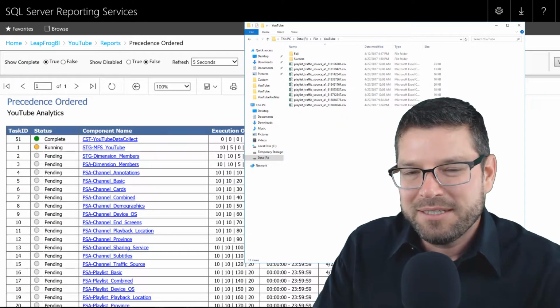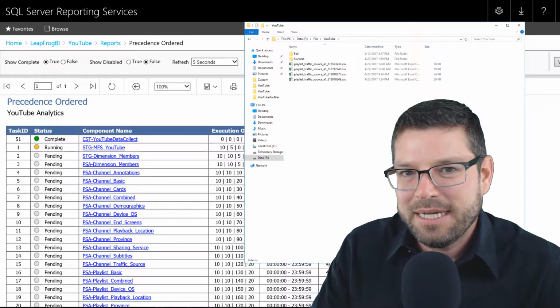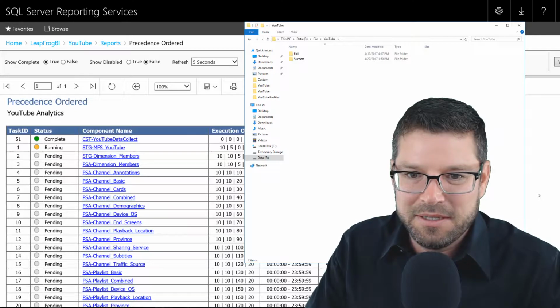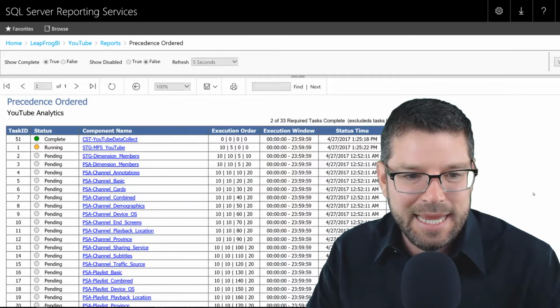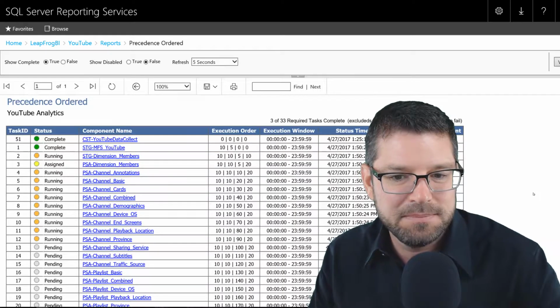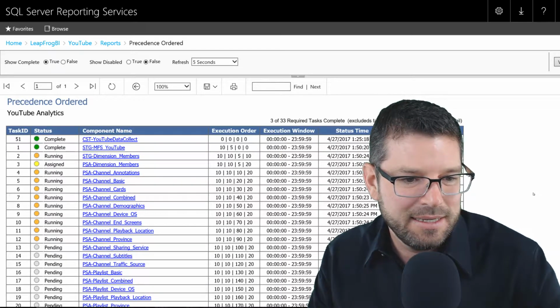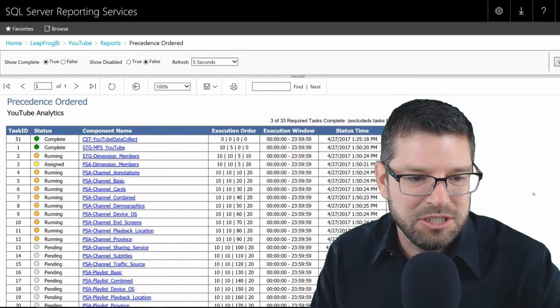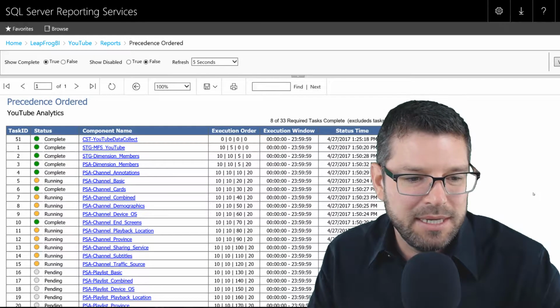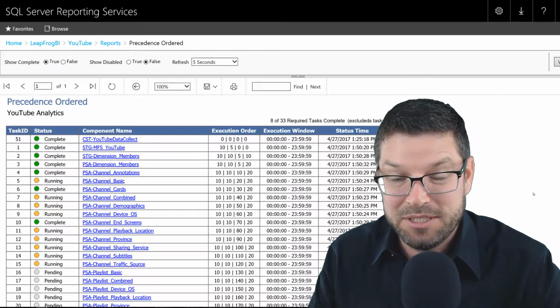Okay, so we're just about to the end here of our multi-file stage process. We can see the files now have all disappeared. They're in the success folder. And if I jump back over to my report, which is monitoring the load process, I can see that particular task just turned complete. And we're now moving to the PSA load process, which is moving the data out of those stage tables,